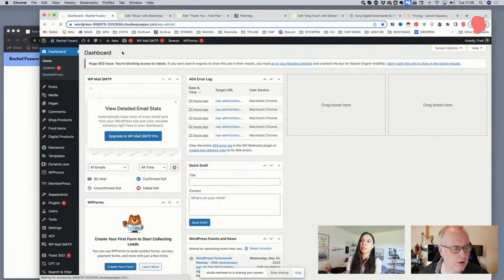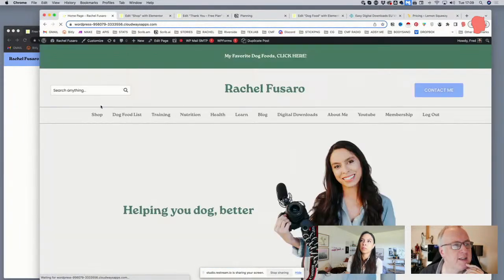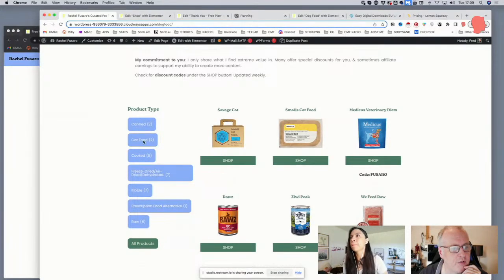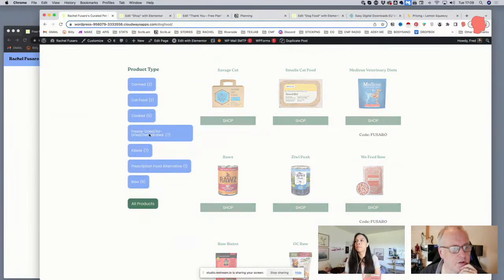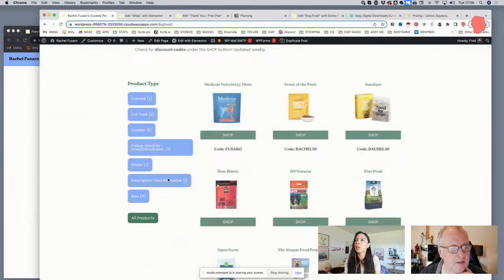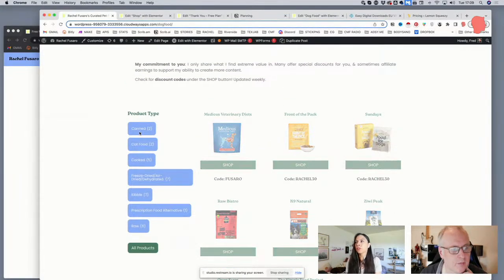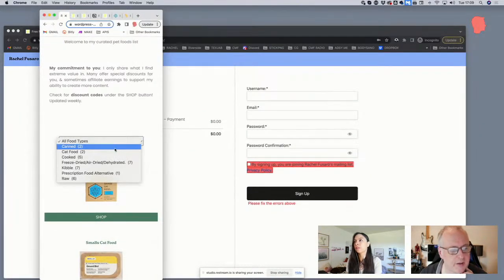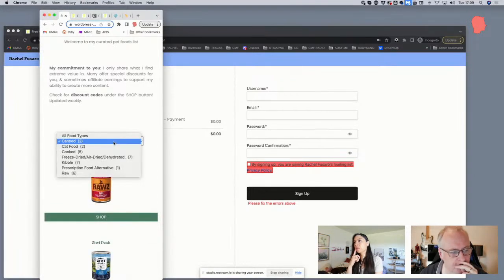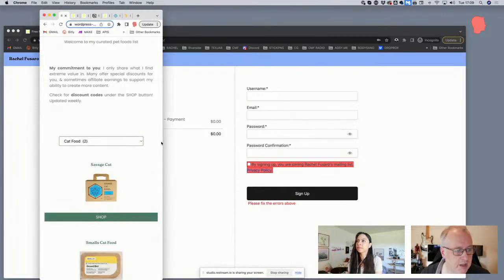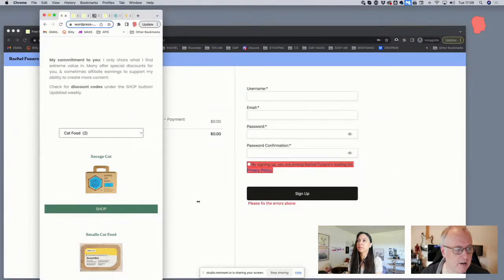So if we go to the dog food page, which is gated but accessible if you're logged in, this one is different because here it's a filter on the list. So it's not a drop down. It will filter basically what's in the grid on the right hand side. If you go to the mobile view, I think we have a drop down. Yeah, on the mobile view there is a drop down, because on mobile view this concept of filtering on the side doesn't exist, but it's also filtering. But the difference is that this drop down here and this menu